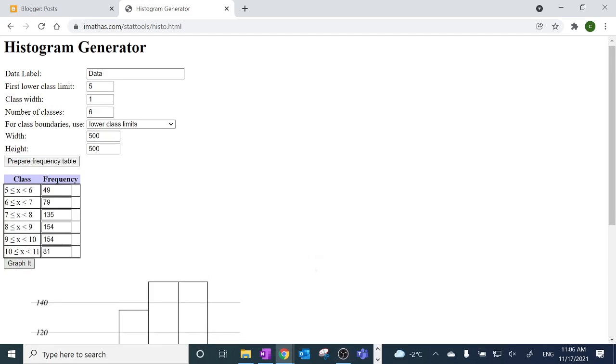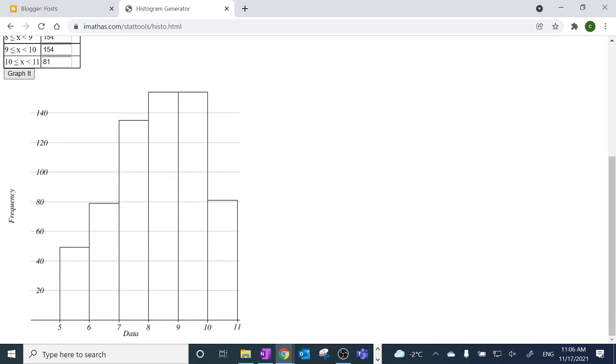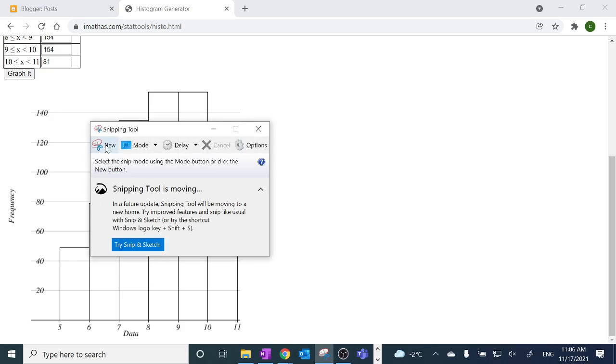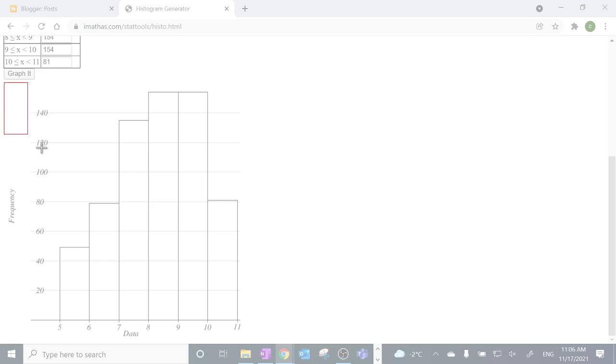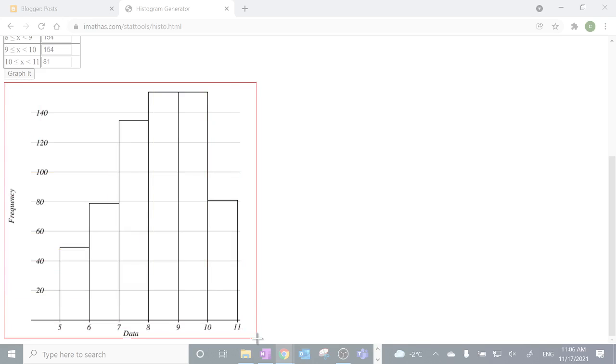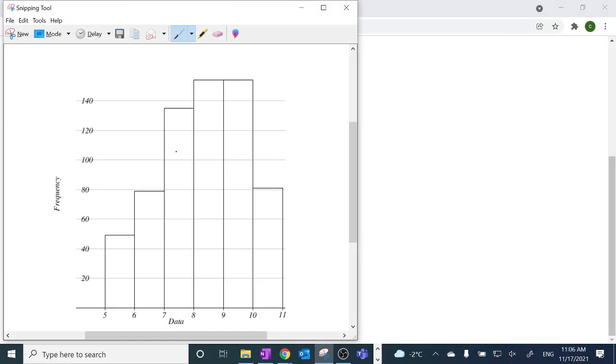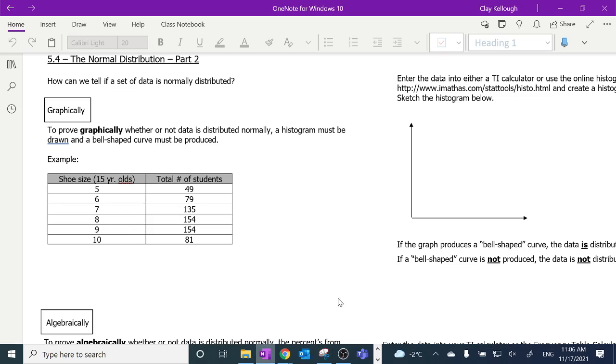And there's our graph. Feel free to sketch that and put it into your notes. I'm going to cheat. I'm going to just cut it and paste it into the notes. That's not fair, we can't do that. You guys make a sketch. Okay, so make a little sketch. And there we go. I'm going to copy that and I'm going to put it onto my notes. Right there. Might have to play with the,